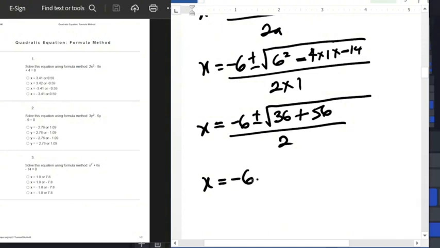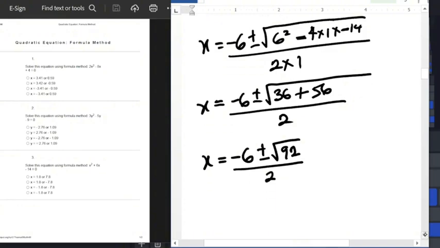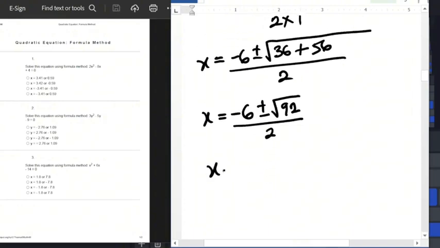x is equal to minus 6 plus or minus square root of 36 plus 56, so that gives the square root of 92 all over 2. I hope you can see the way I'm doing it. So this is going to be minus 6 plus or minus the square root of 92, and that gives us